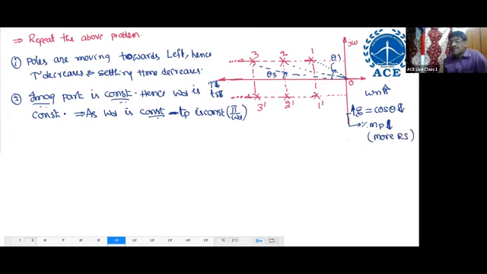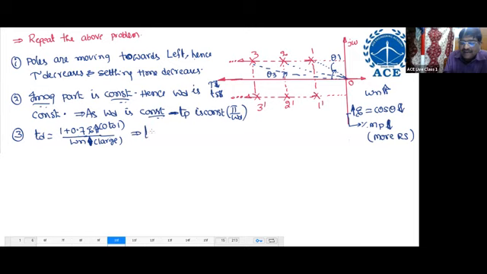Zeta increases, omega n increases. So what happened to TD and TR? What is the formula for TD? 1 plus 0.7 zeta by omega n. Zeta increasing, omega n also increases. But change in zeta should be only between 0 to 1, while there is no restriction for omega n. The change in omega n is larger than the change in zeta. That's why